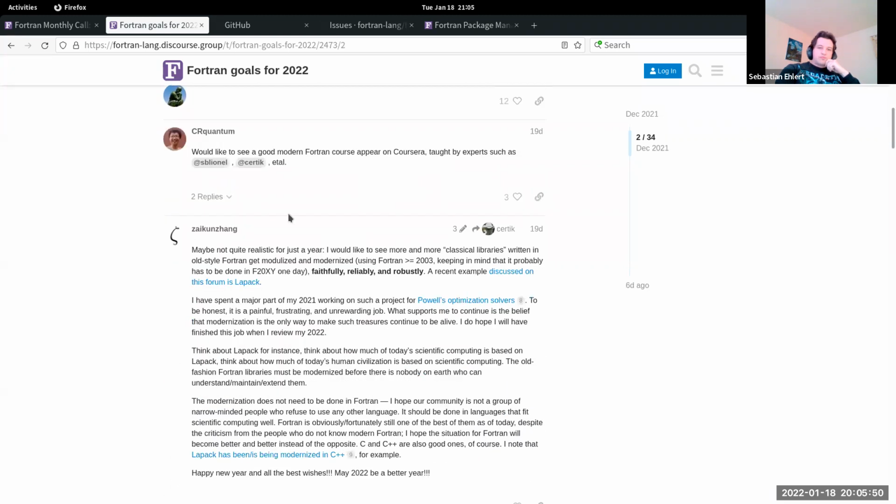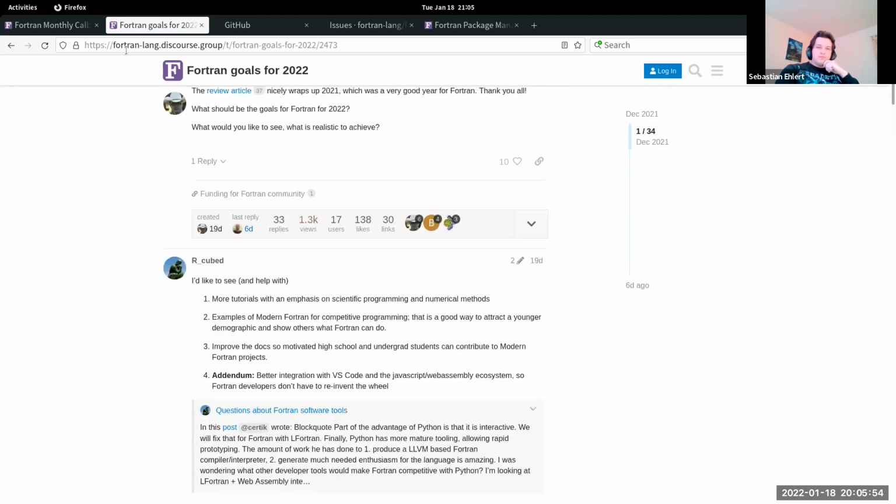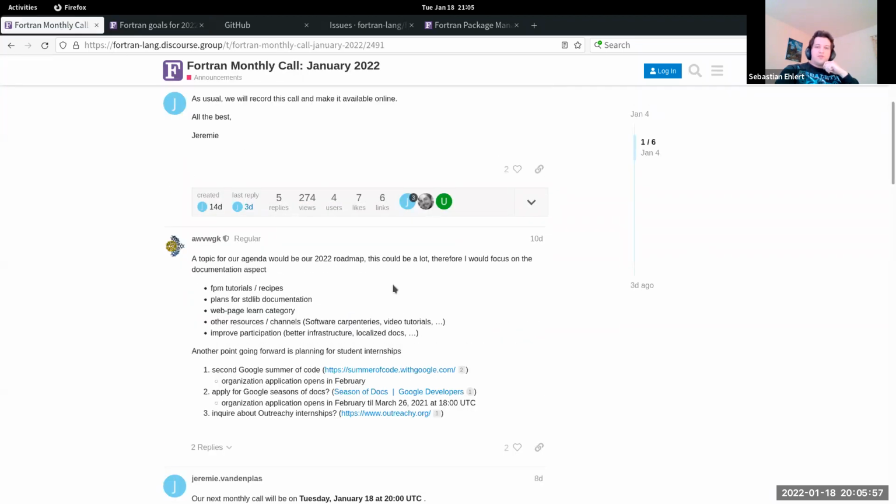So I figured we could start with a few points which are more or less easy for us. Like looking into writing tutorials for tools we are maintaining, writing guides for some packages we have in the Fortran-lang namespace. Maybe improve the standard lib documentation and see what we can do with our learn category of the web page.